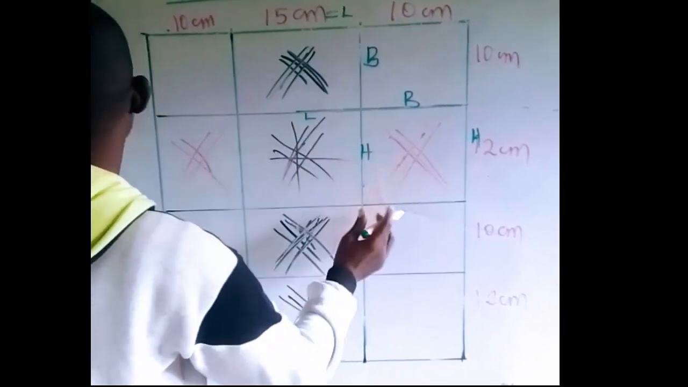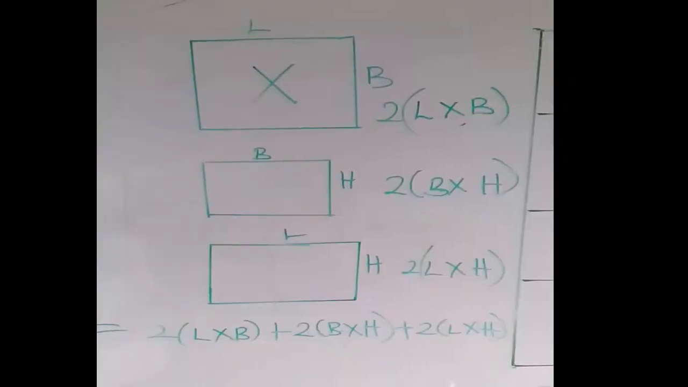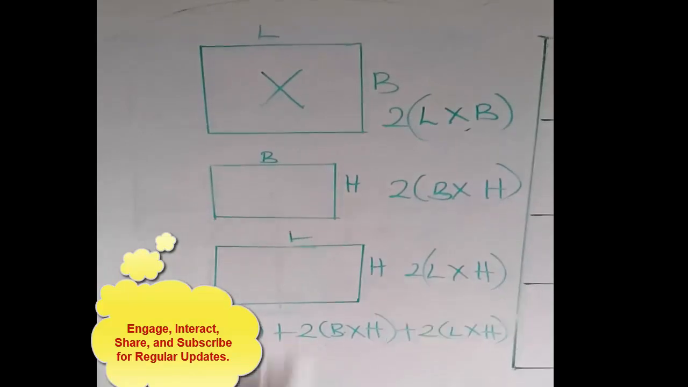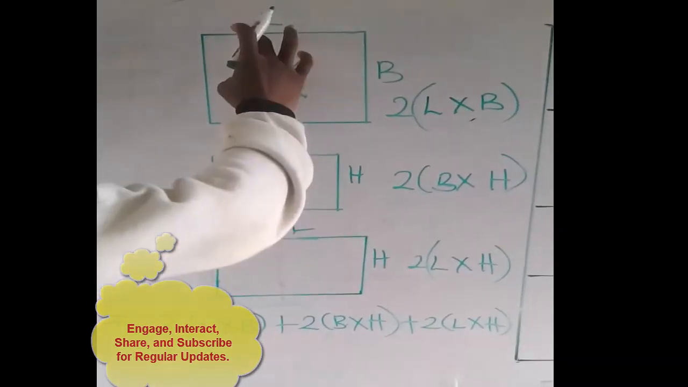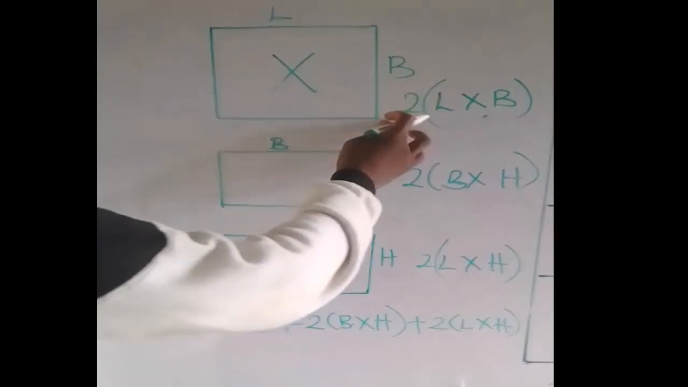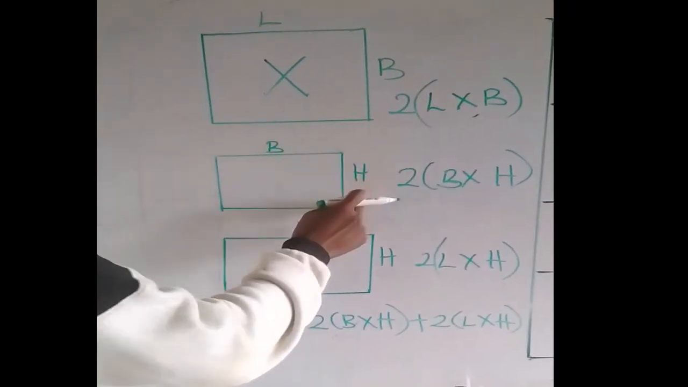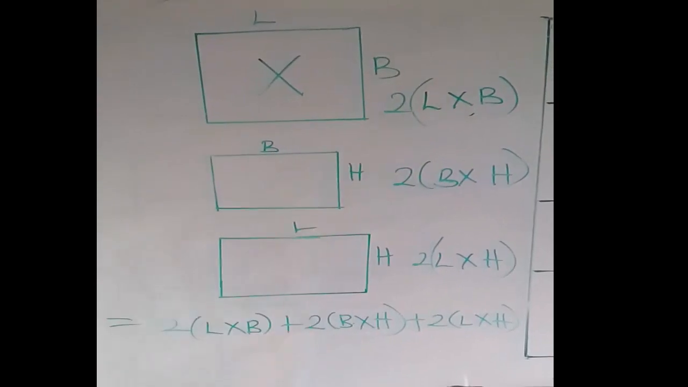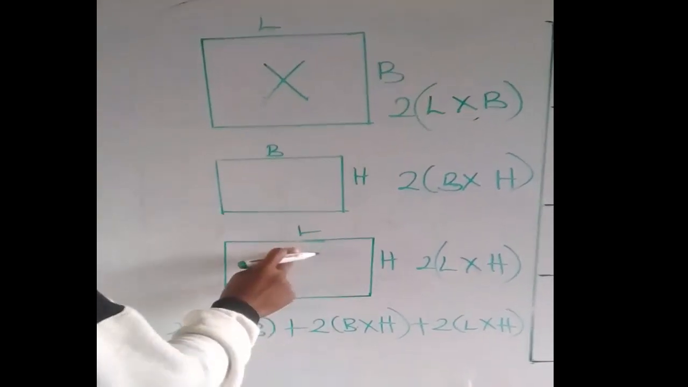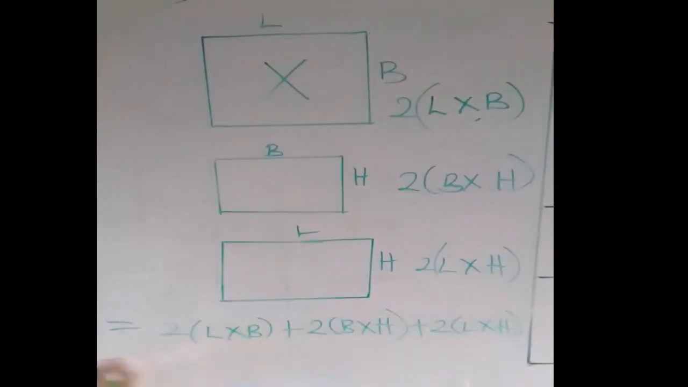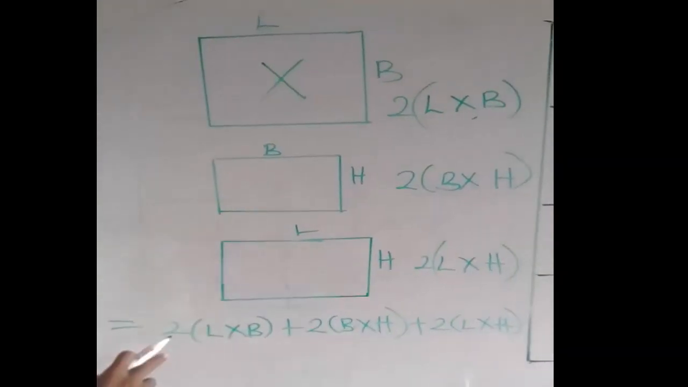Now let me show you the true pictures. Now what I showed you on the net of the cuboid, now I bring them out. That means I have length and breadth, which is 2 from the net. I also have breadth and height, which is also 2 from the net of the cuboid. I also have length and height, which is also 2 from the net of the cuboid. That is, the total surface area of a cuboid now is